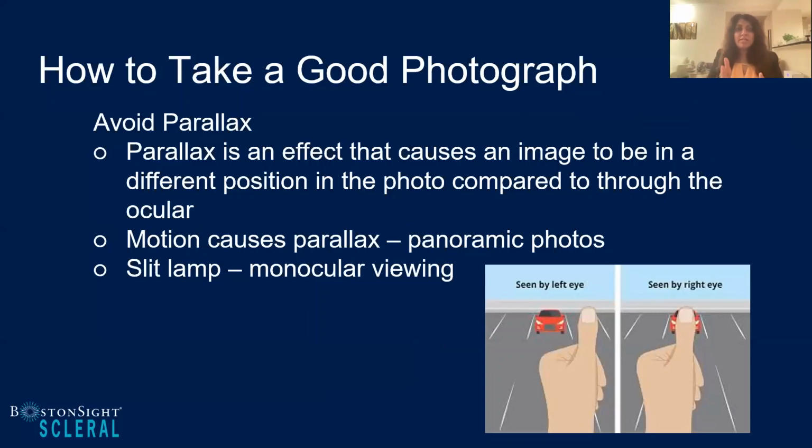When you're looking at an image through with your dominant eye, you've got that image, you cover the dominant eye, and then that image can shift, kind of like what this image is showing you down here, where the non-leading eye is not focused on the exact same thing. Something similar like that can happen in a photograph.